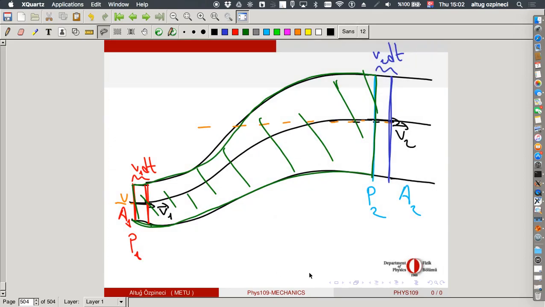Okay? Let me use some color code. This green region